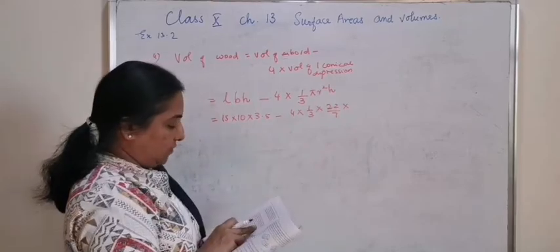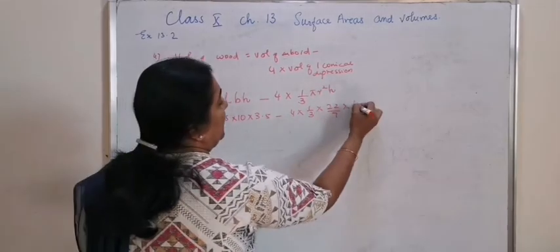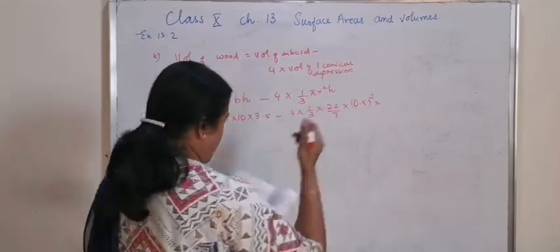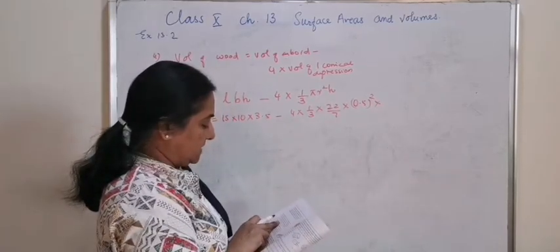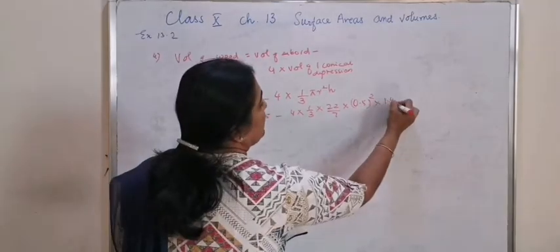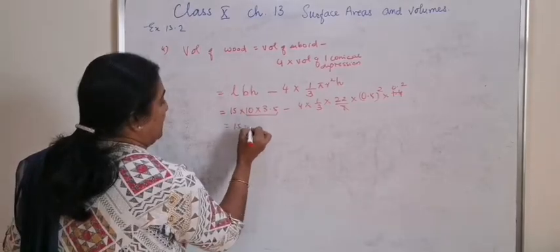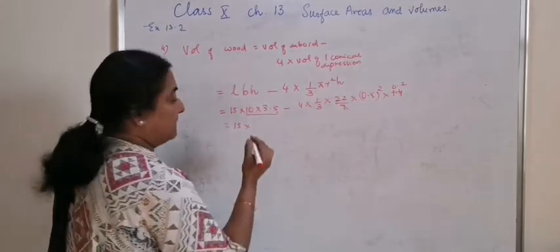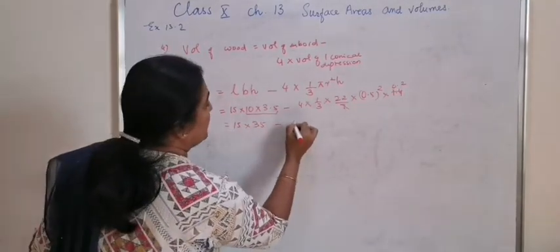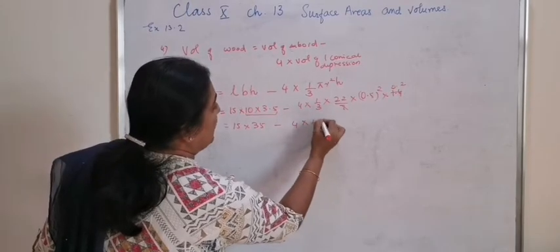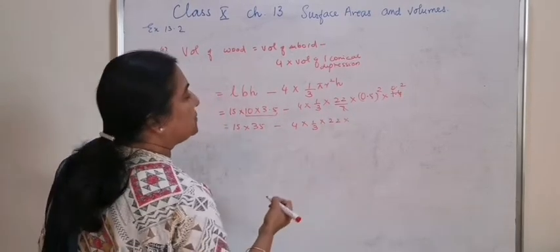The radius of the conical part is given as 0.5, the whole square, into height of the conical part, 1.4 centimeter. 15 into 10 into 3.5 can be taken as 35, minus 4 into 1 by 3, 22 into